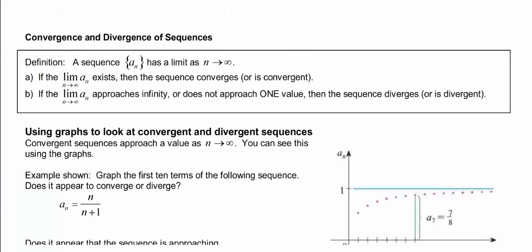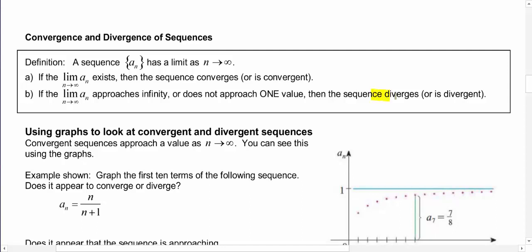Okay, let's just quickly talk about the convergence and divergence of sequences, and then in the next video we'll find a whole bunch of them. So a sequence that's given has a limit as n approaches infinity. You just have to find it. So if it does not have one value that it is approaching, so you found your limit and it's infinitely big, or you found your limit and it's not one finite value, then we would say that that sequence